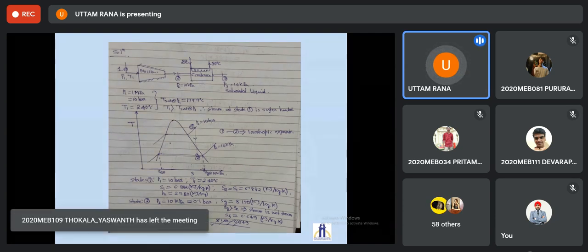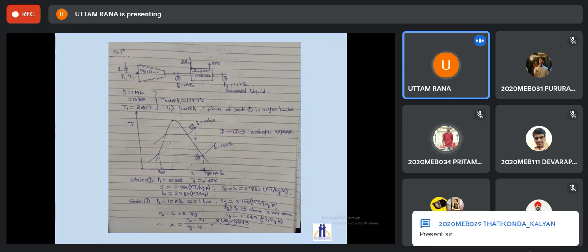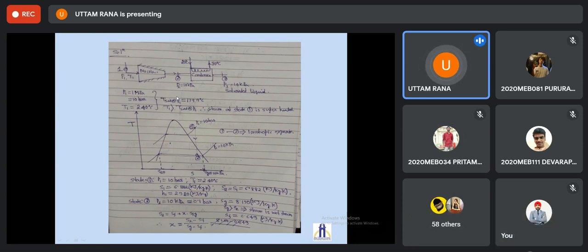What is the basic objective of a nozzle? What parameter will change? Velocity will increase, right? Yes, sir. Okay. So it is expanded to a pressure of 10 kPa, and that steam after expansion in the nozzle goes to a condenser, where the pressure remains constant and it is converted to a saturated liquid. That is the entire thermodynamic process.